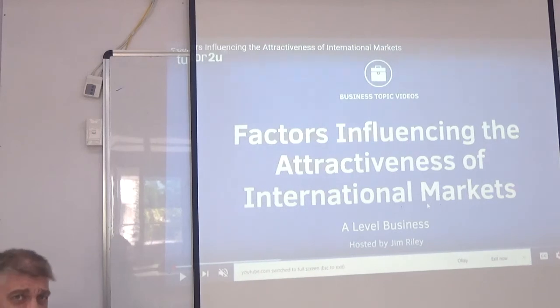Because people can switch. People have a chance to switch, so they might be interested in switching. They're not so brand loyal that they're not going to want to try your product. Customers are unsatisfied with the products on offer. Maybe they think that there's a better way and you have an innovation that they would like to try. Competitors not offering choice or value for money. That happened in the airline industry. Vietnam Airlines used to be a monopoly, and so they could just set prices. If you want to fly to America, you're just going to pay our price, that's it.